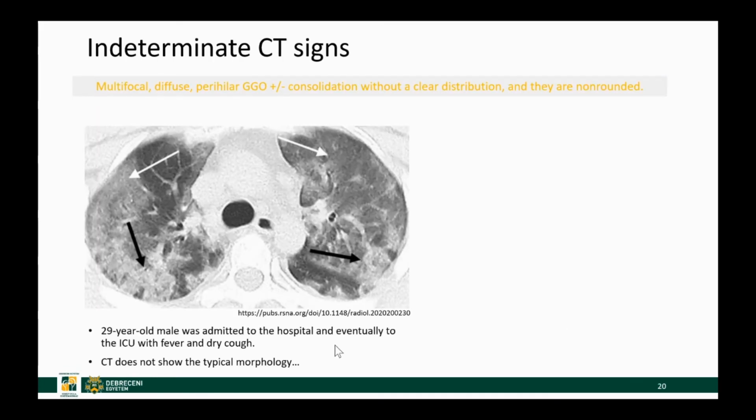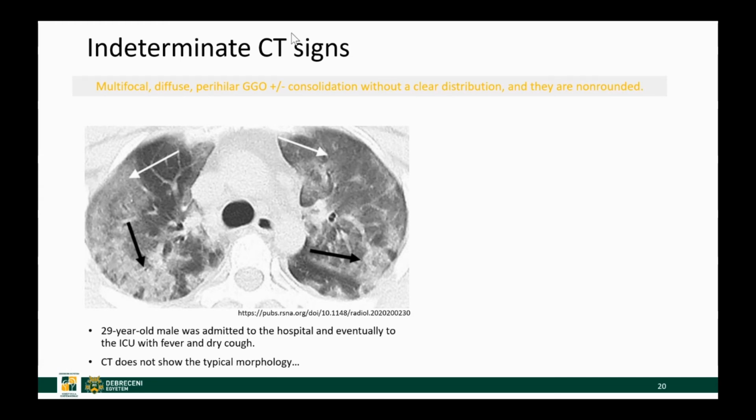Ground glass opacities and consolidations without a clear distribution and that are not rounded should not be interpreted as typical signs of COVID-19 pneumonia. And here's a case to illustrate that. This was a 29-year-old male who was admitted to the hospital and eventually required ICU treatment due to fever and dry cough and, of course,